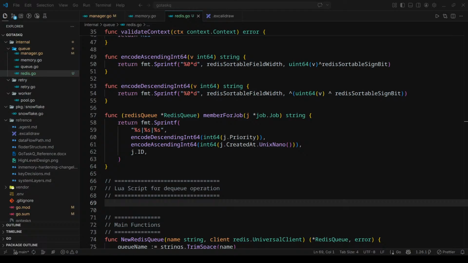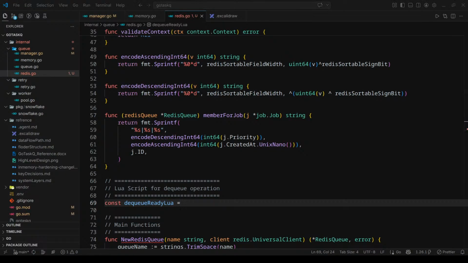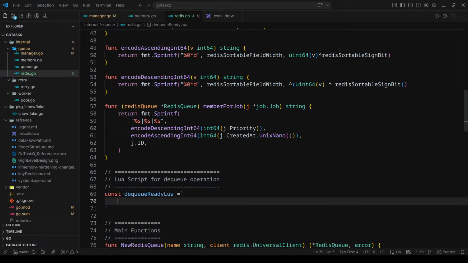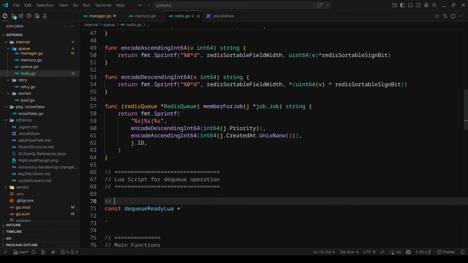So let's define the name of the Lua script, which will be DQ ready job, something like that. DQ ready Lua. That looks cool to me. Okay, so it will be a string literal, which is a type of Lua script. Here we will write all our Lua script. Before going further, let me write some documentation regarding this. So the DQ ready Lua script, what it will do is,